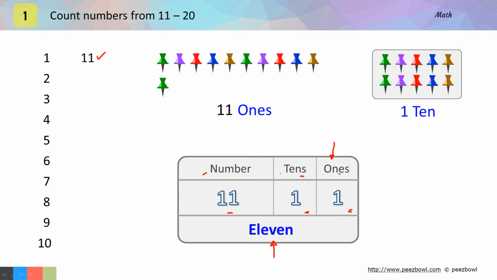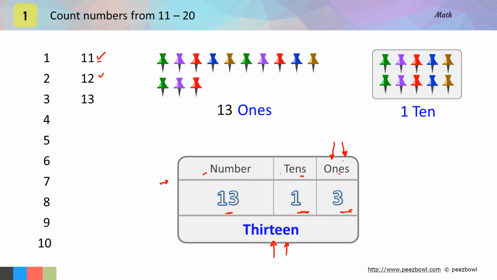See on the left hand side here. Refer to the table also. In 11 we have 1 at 10's place and 1 at 1's place. Also see 11 is written in English. We will add one more pin. Now we have 12 pins. See on the left how 12 is written, and we are going to refer to the table also. You can see that in number 12 we have 1 at 10's place and 2 at 1's place. Notice carefully, we are only increasing the value of ones.